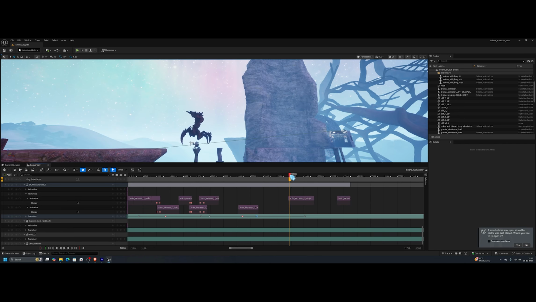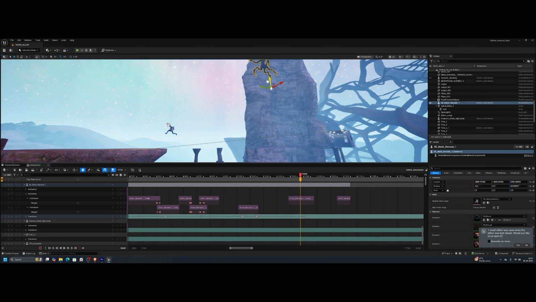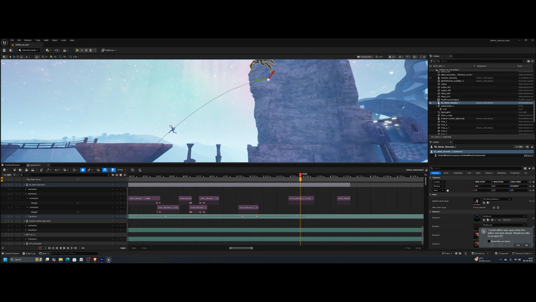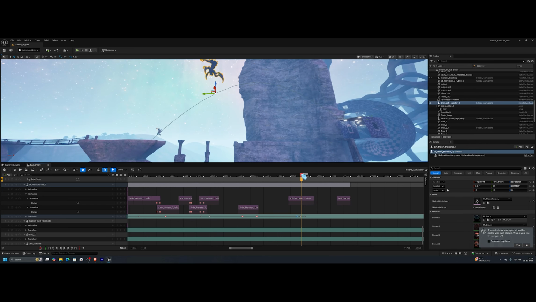Control C to copy, and then Control V. Just like this. Now let's move it along that. So now we get this jump,